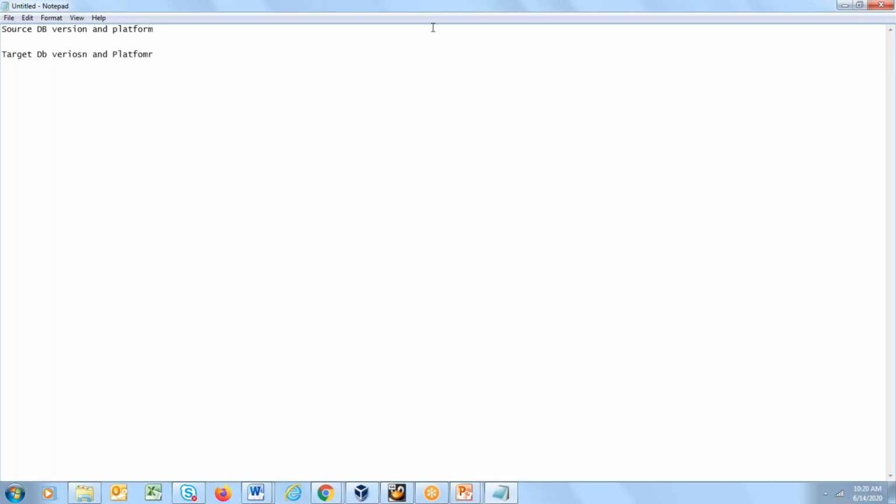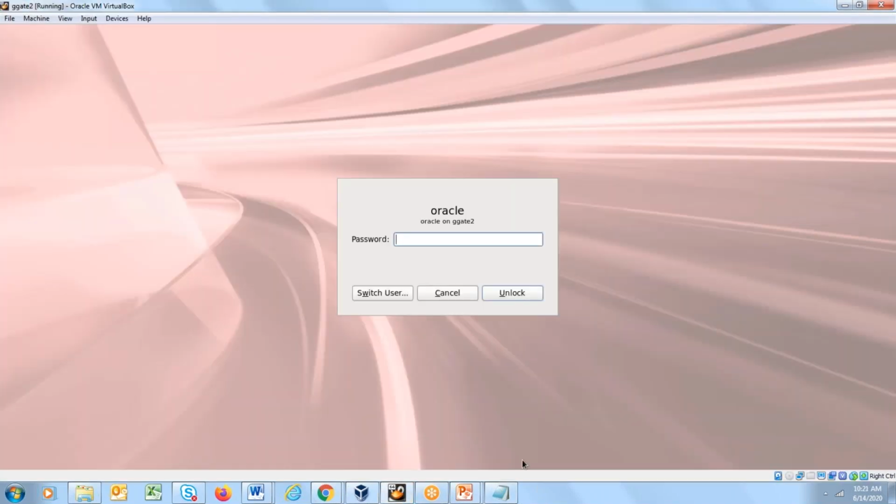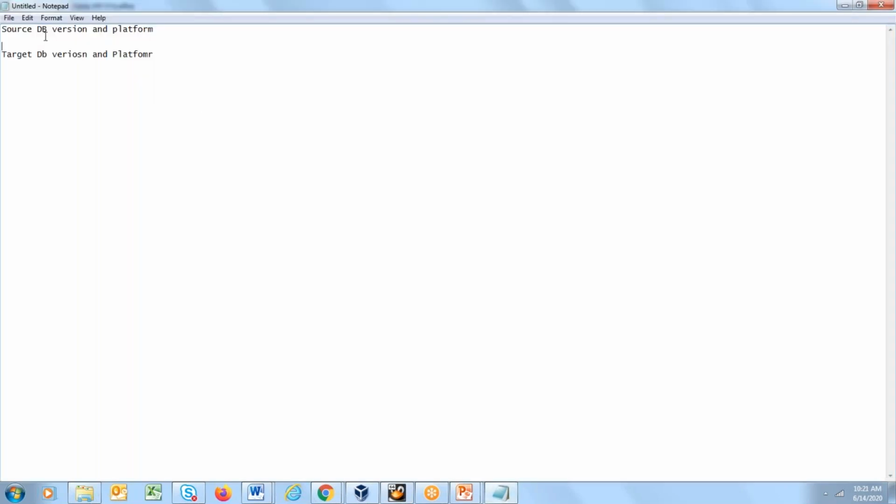In my case, we are going to use this VirtualBox for installation right now. I have the source DB version as Oracle 12.2 and the platform is Linux x86-64. Same with target, but we are going to do installation on only one server right now for practice purposes.